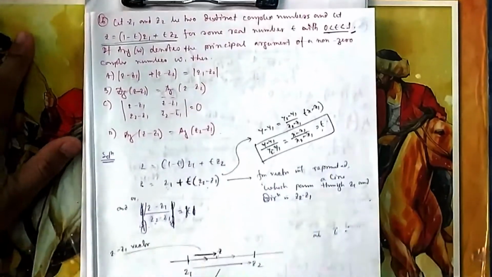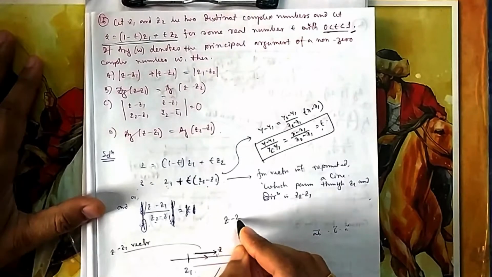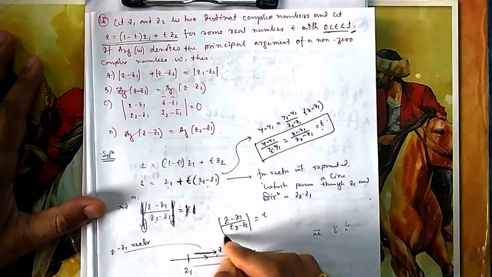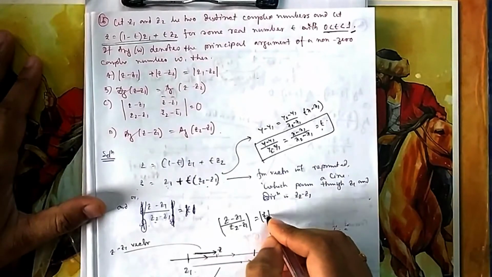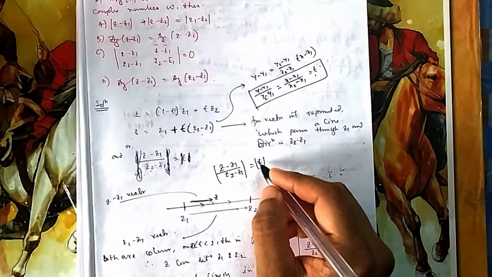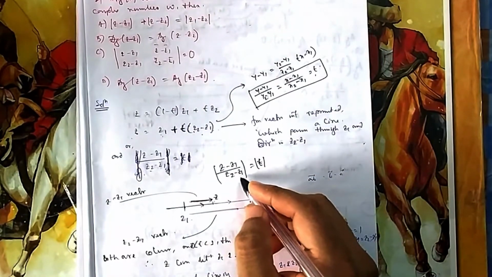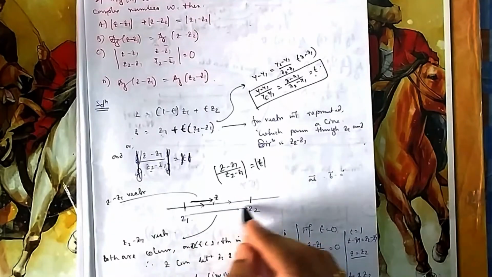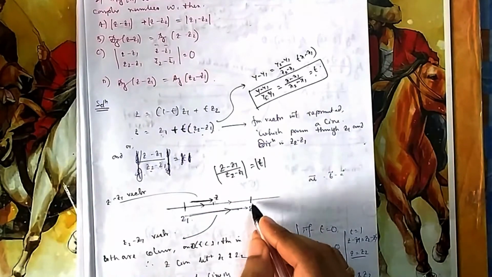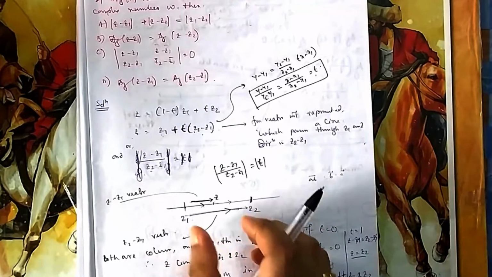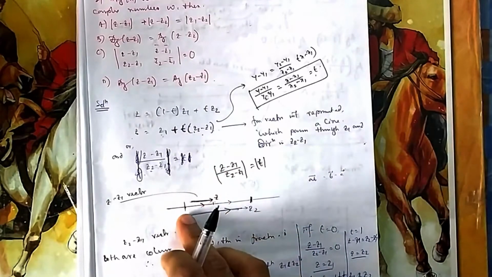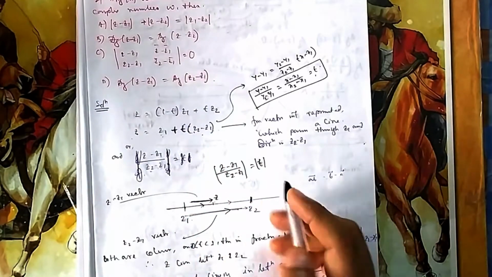Now if you see this one, (z minus z1) by (z2 minus z1), you are getting it as t. So the mod of this one will be equal to the mod of this one. So what is the meaning of this? t should be less than 1. That means |z minus z1| should be less than |z2 minus z1|. So z2 minus z1 is directed towards z2, you have seen. So this is the magnitude of z minus z1. So z should be somewhere like that, so the difference from z1 should be less than this. So where can it be?